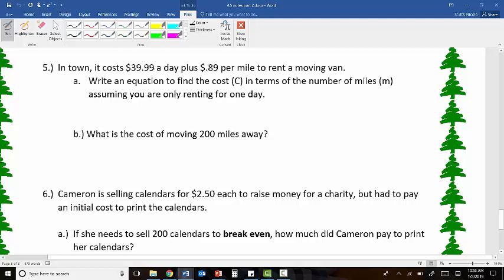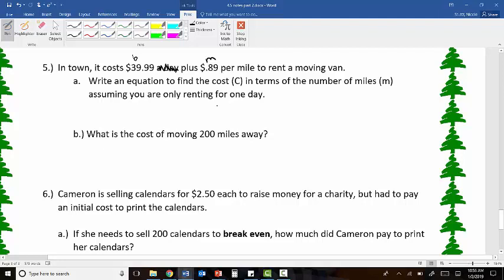Some kids get confused because they're like, well, this is a rate and this is a rate, but we're paying $39.99 one time because we're renting for one day. So you can kind of ignore that. This is the true rate. So right here is your startup cost. This is what you have to pay no matter what. And then this is what you pay per mile. So this is actually going to be a case one, which is awesome because it's really no work for us